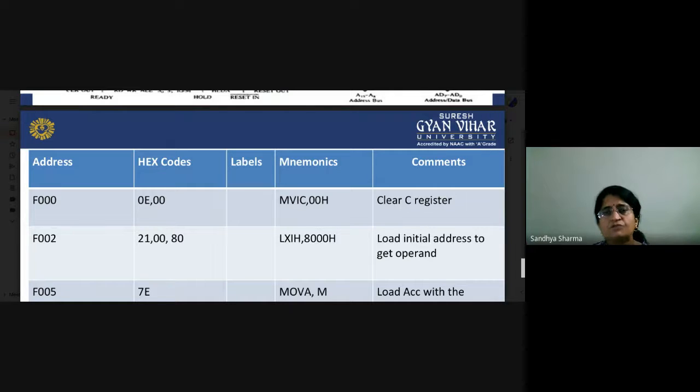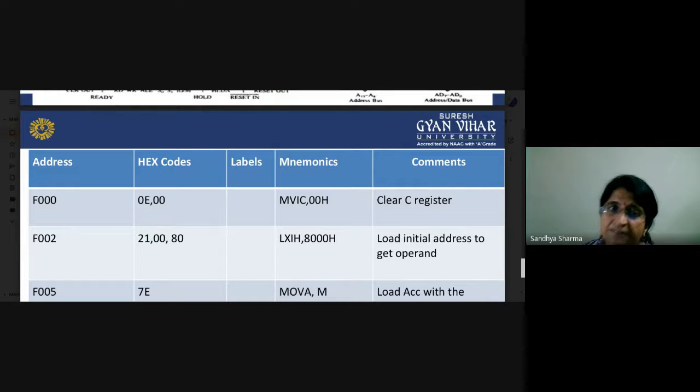So for 00 or AFH, that is what you can understand. These are the data bits of 4-bit and 4-bit, so that is the 8-bit, and this 8-bit data will be stored in the register. So at present, what is the amount of your data? Your data will be 00, meaning you are inserting 00 in your register C. So that is the clear C register.